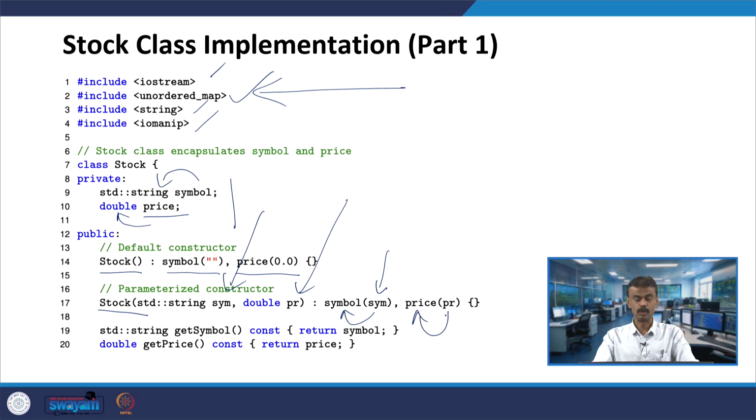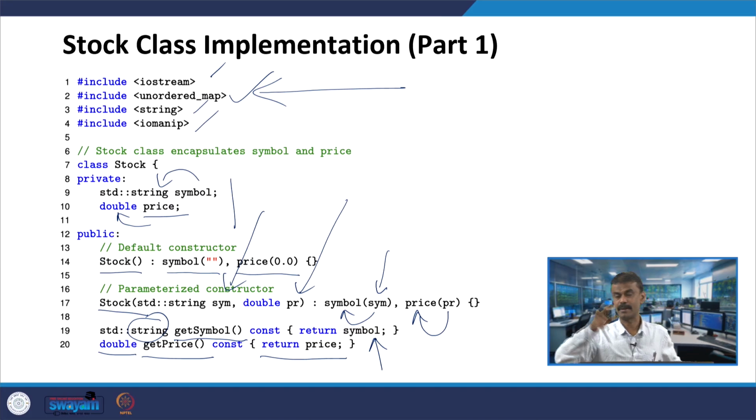Here you have the get symbol member function, whose return type is string, returning symbol, the getter function. You also have get price, whose return type is double, returning price. These getter functions can be accessed from outside the class, and they can access the private member data such as symbol and price.